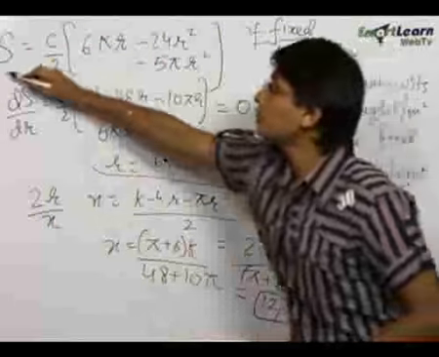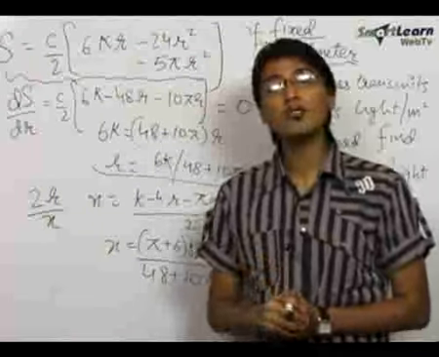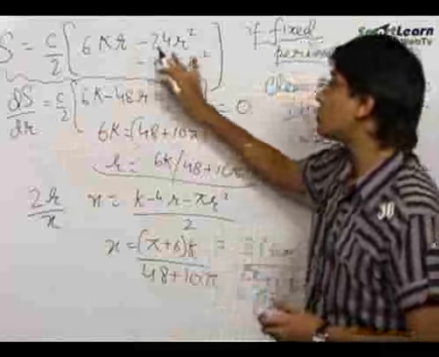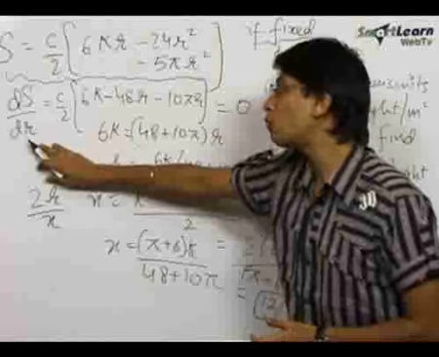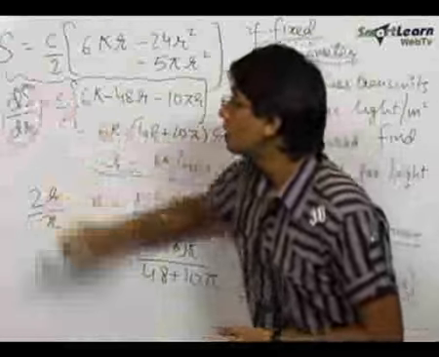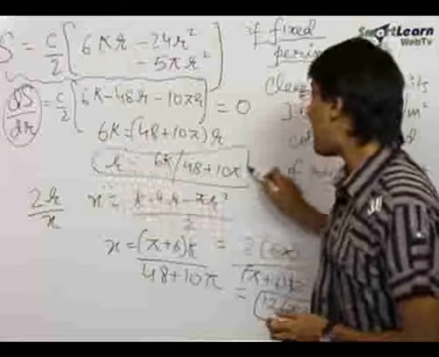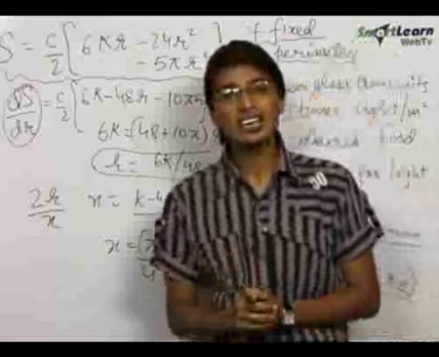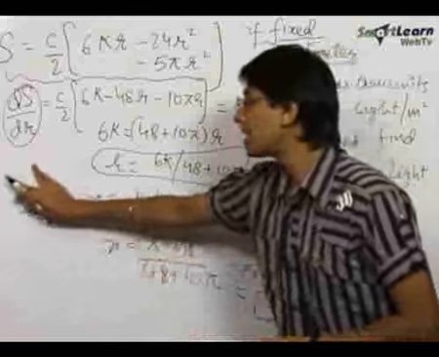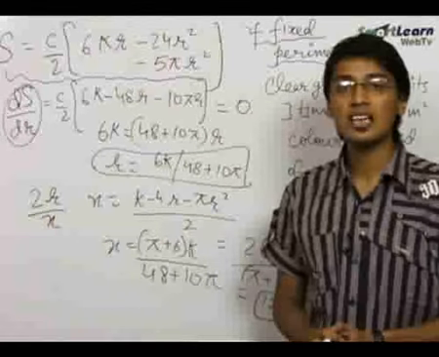Then we wrote the total light transmitted. It was a function of r and x. We replaced one of the variables by the other variable to get the entire equation in terms of r. We differentiated it and put it equal to 0, since the maximum light will be transmitted when its derivative will be equal to 0 with respect to r. We obtained r and utilized the relation between r and x to get x, and hence the ratio of the two sides of the rectangle, 2r upon x, is 12 upon pi plus 6, and this is our final answer.